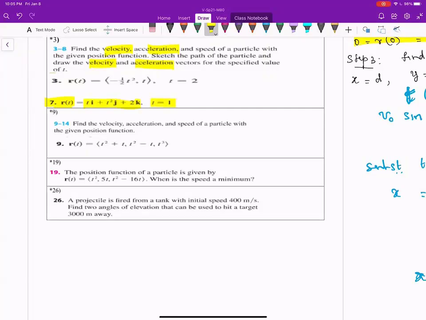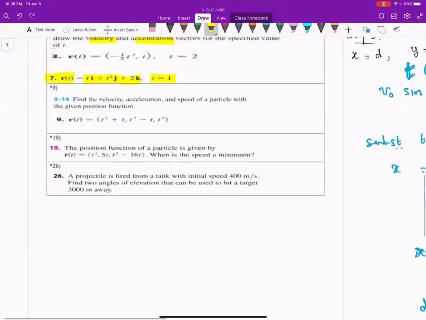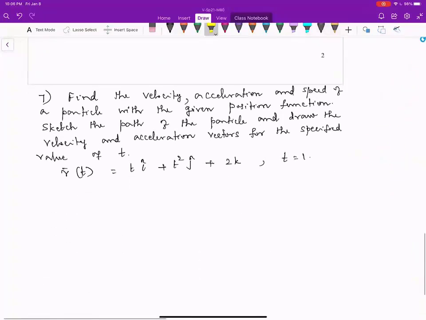t equal to 1. So you have one more problem to refer to for this part, which is problem number 5, which is done in the videos for section 13.4. So in this problem, we are given r of t, and then we are also given t equal to 1. So the first step is to find out at t equal to 1, what is that point? So let's find out the point.